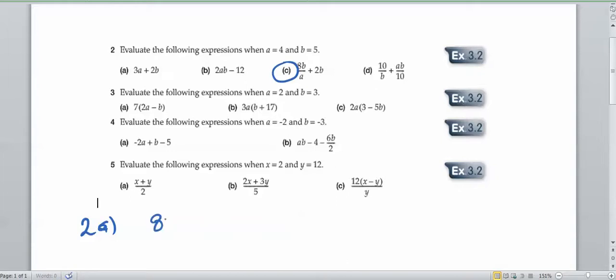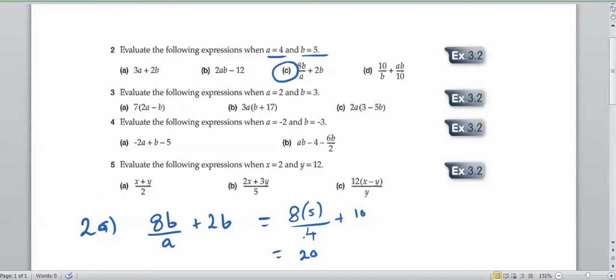We've got 8B over A plus 2B. Well, what does that equal? Well, we know that B is equal to 5 and we know that A is equal to 4. So wherever there's a B, we just need to substitute that in. So we've got 8 times B, which is 5, over A, which is 4, plus 2 times B, which is 2 times 5, which is 10. Therefore it equals 8 times 5 is 40, 40 divided by 4 is 10, so 10 plus 10 is going to be equal